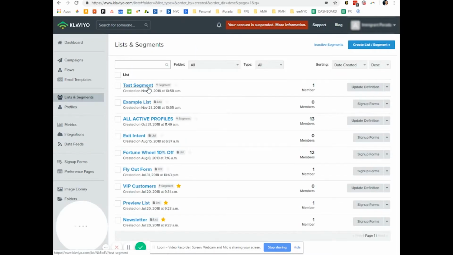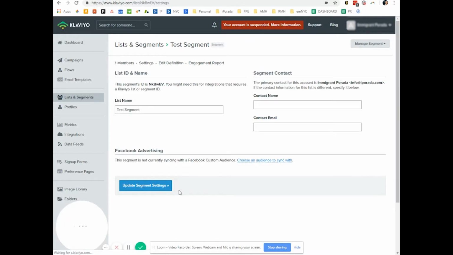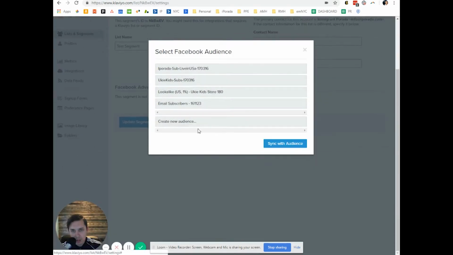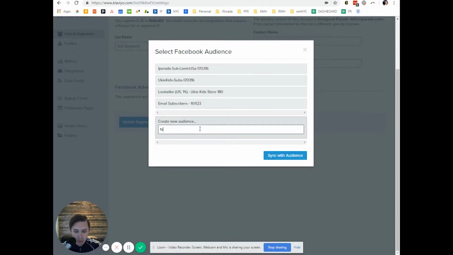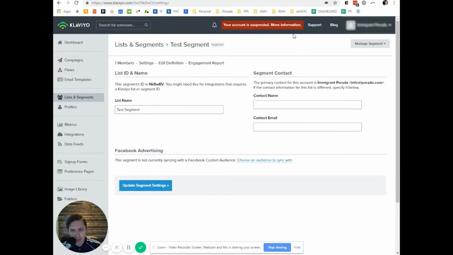And in the future, you can link a specific segment or many segments of your choosing with different custom audiences, or create a new Klaviyo test audience and sync. Please try again. Yeah, so probably I have a free account, it's not a paid account, so that's why it's not creating. But this is how you integrate with Klaviyo, and then